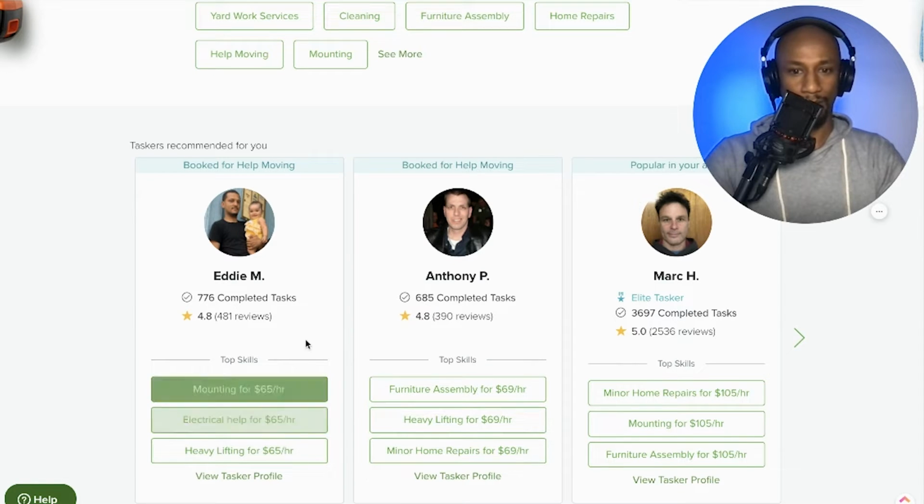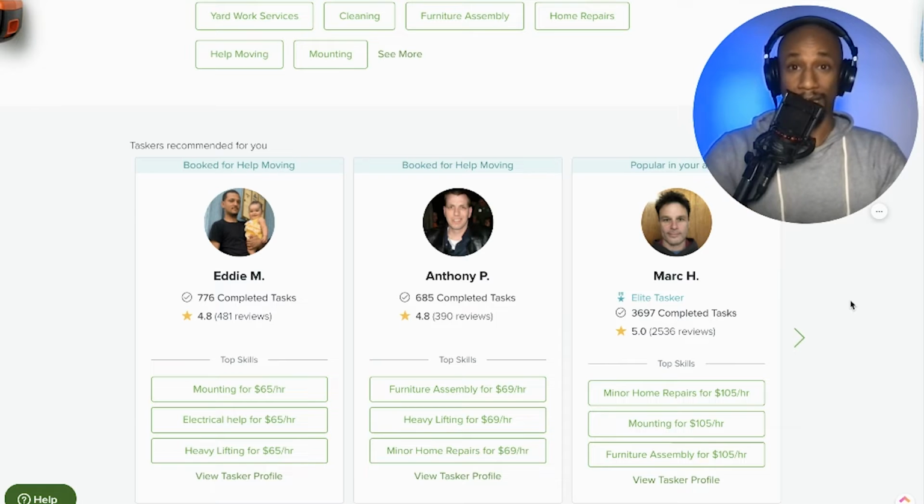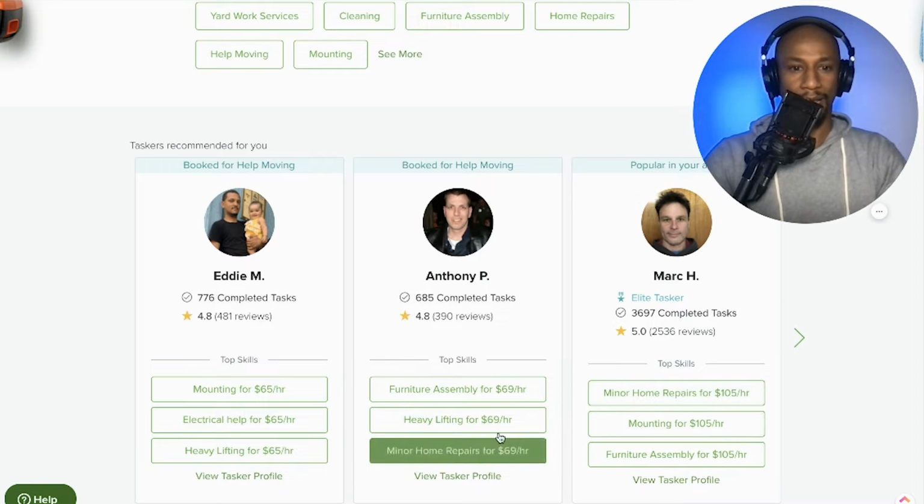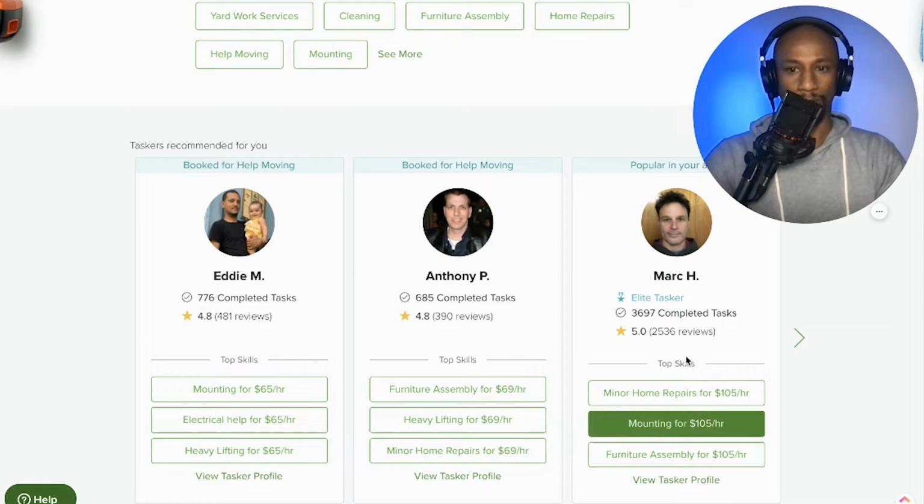He doesn't have furniture assembly, but heavy lifting he has at 65, for example. And the thing that you might notice off the rip, which to me makes sense, is that Mark has done more jobs and has a 5-star rating, which is a better rating than Anthony and Eddie. So if I was saying I need help with furniture assembly, which is something that both of these gentlemen offer, or mounting, which is something that Eddie offers as well as Mark, if I'm looking at these components, well, it makes sense that Mark has an hourly